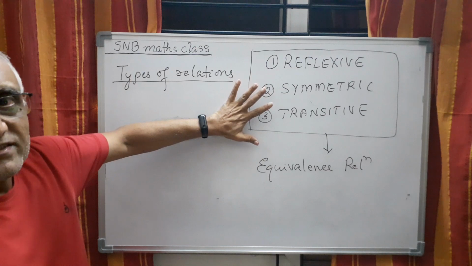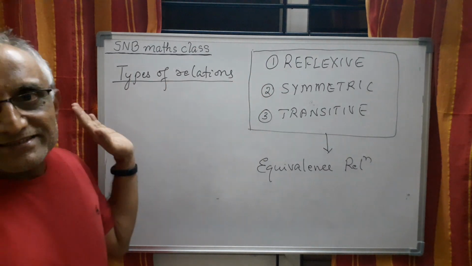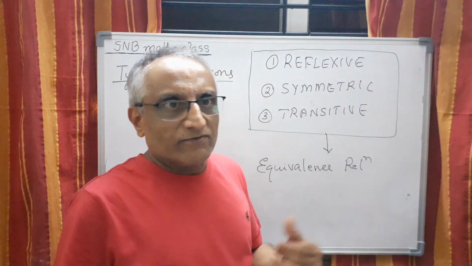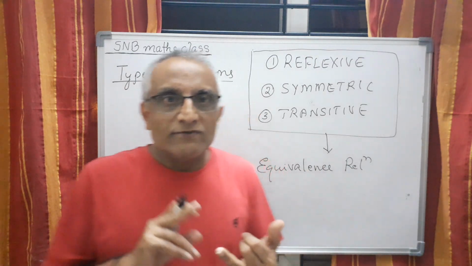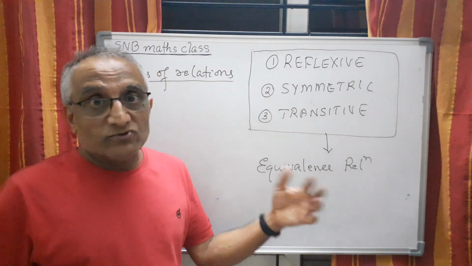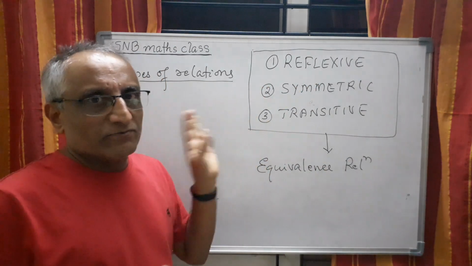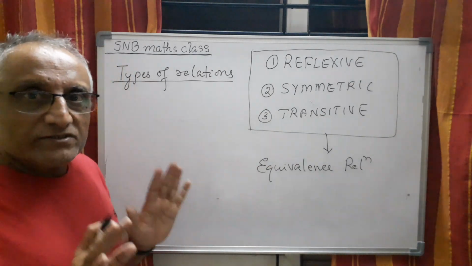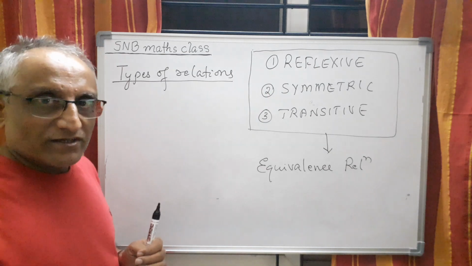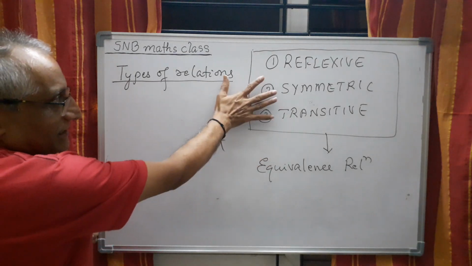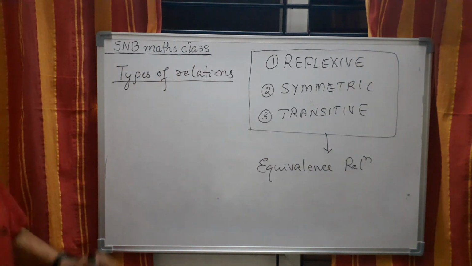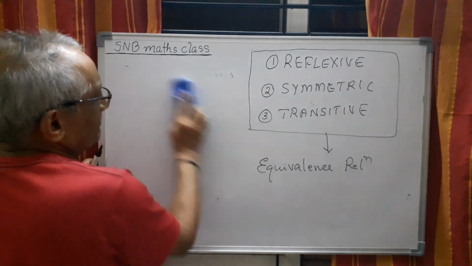Only this much we are studying under relation. And then we are working out the questions. We are deciding, for example, whether the given relation is reflexive, whether it is symmetric, whether it is transitive. Sometimes show that it is reflexive, show that it is transitive, all such types of problems. But the basic concept which we have to understand is only last year's relation concept, which we have to continue. Then these three types, putting all of them together, give the equivalence relation. So these are the things we have to bear in mind.